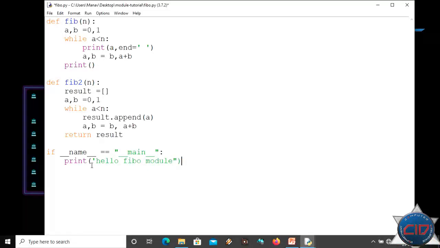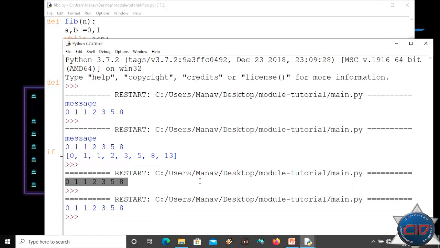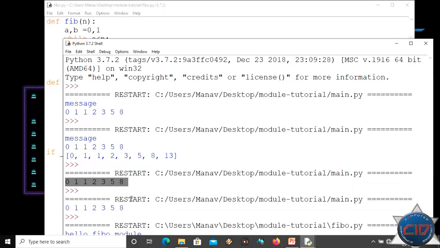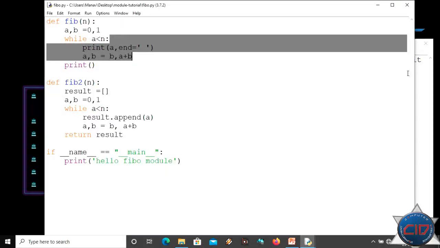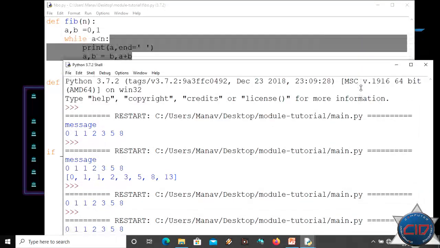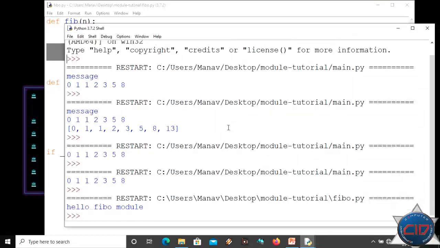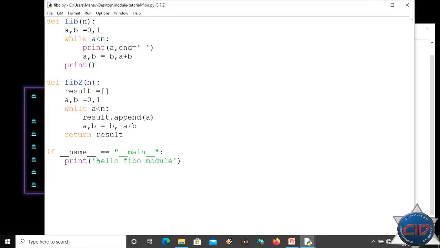Okay, and I'm going to run this. Now we'll see that it is just printing hello fibo module. As you can see, it is printing hello fibo module. That means it is run when __name__ is __main__.